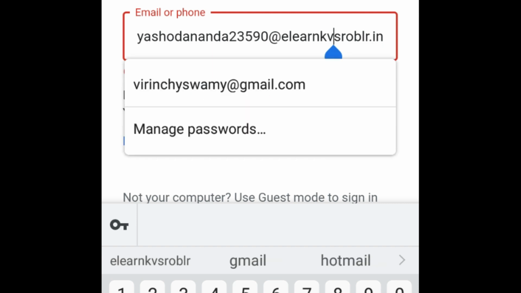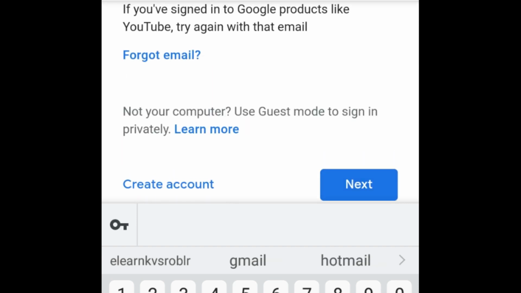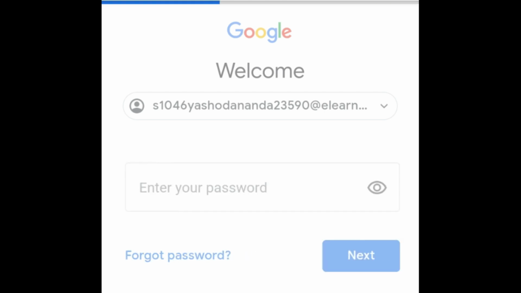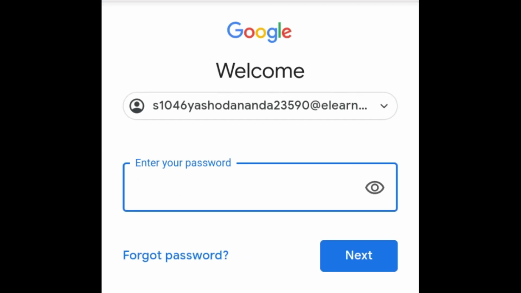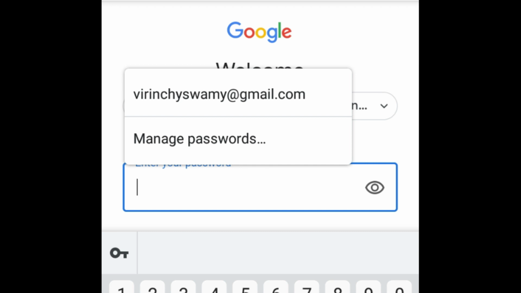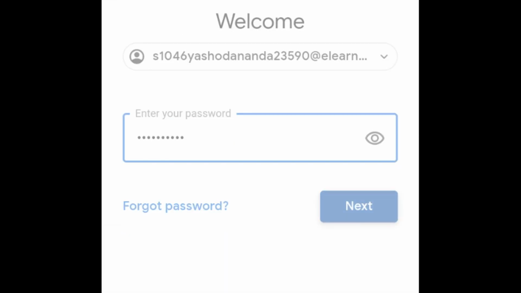I know that many of you are having a lot of trouble to log into this, but if you keep on trying, then you will definitely log into Google Suite. So here you can see I have entered the correct user ID of the student. Now I have to enter the right password given to the student. So whatever the password supplied to you by your subject teacher, you have to enter exactly that password, otherwise it will not allow you to enter into the G Suite account.